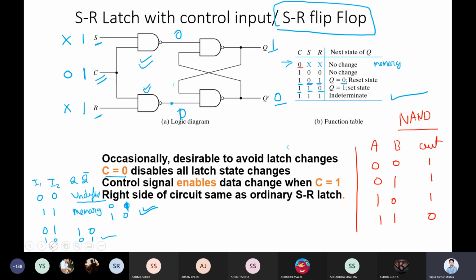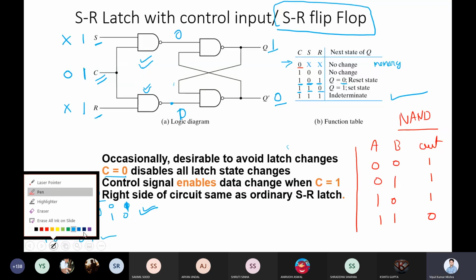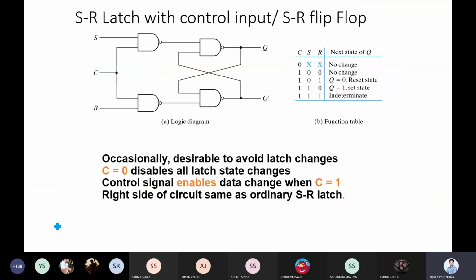Let me change the color as well. So what I want is to keep this state and this state. Why do I want to keep this state? Because I want it to act as a memory state, because that system will act as a memory state.